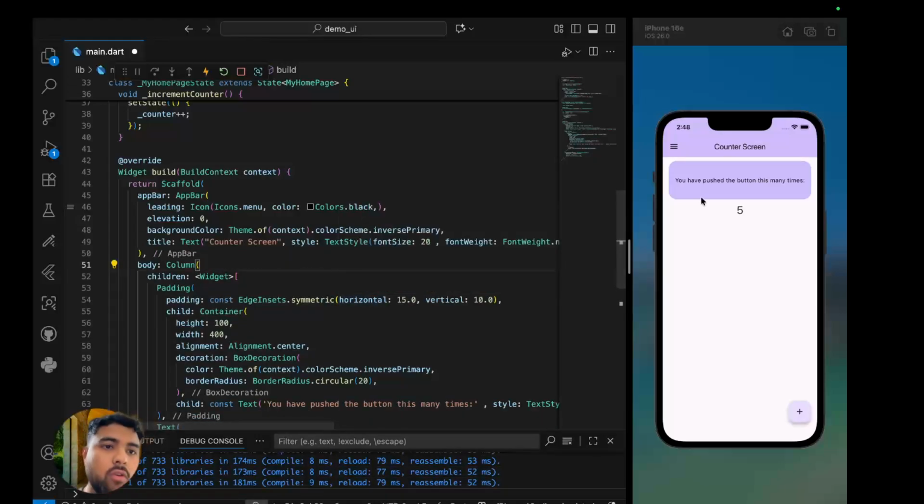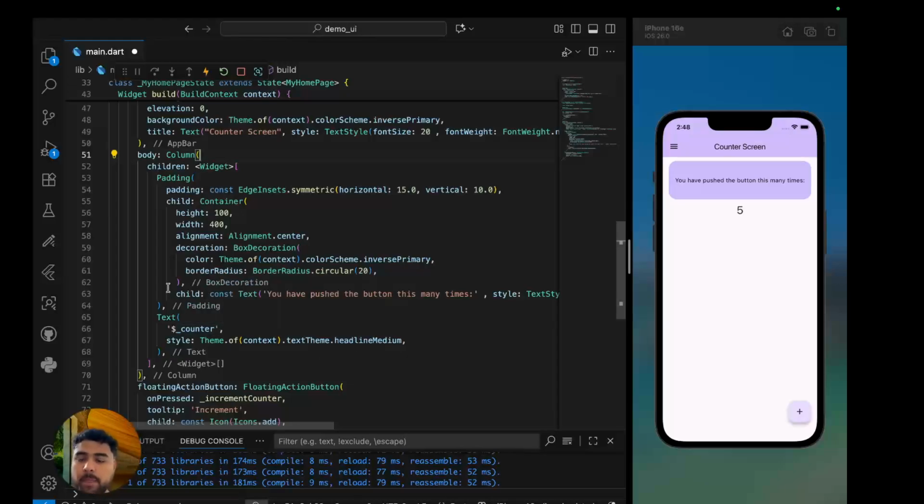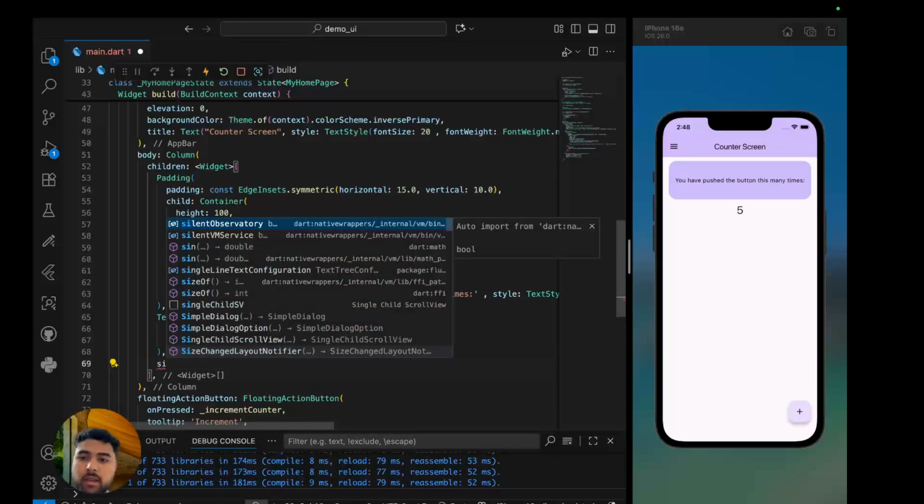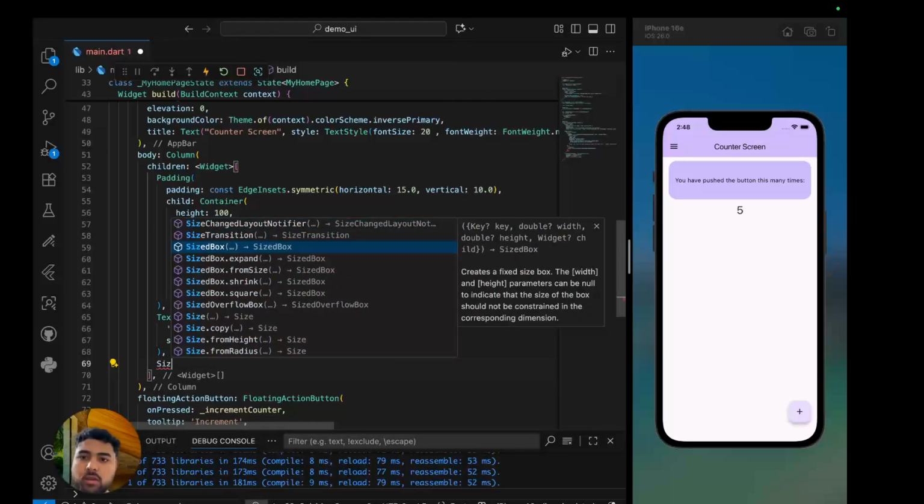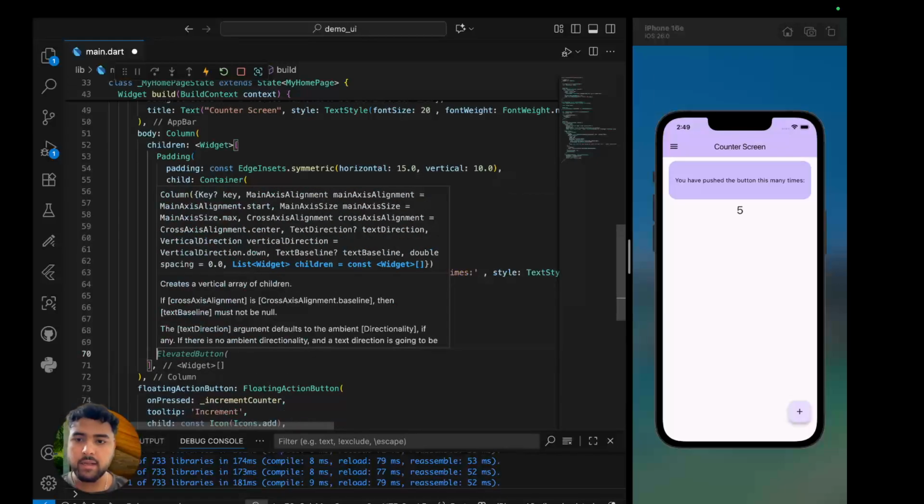Okay. So you have pressed this button this many times. We have said that, and 5 is there. And inside text, there's a counter, and all these things are there. And let's make some more things inside that, like below that. So for giving some space, we'll use a SizedBox of height 20. And inside that, what we'll be doing,